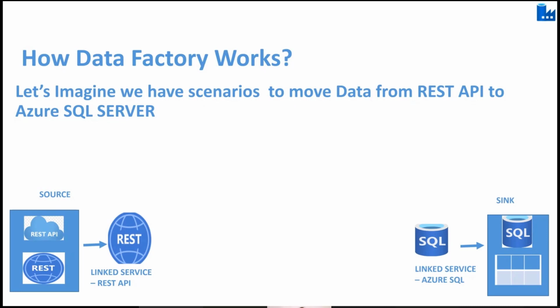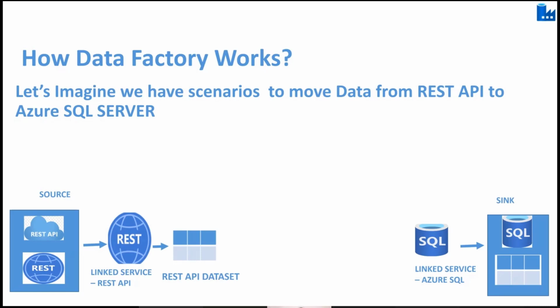So our source is a REST API. So we need the information of which REST API we are calling, and how we are calling it, using login information, or username or password, or whichever way we prefer. And on the sink side, we have a linked service for an Azure SQL Server. Here it will have information like which SQL database you are using and how you are using login information as well. So these are the two linked services which have the correct connection information for your source and sink. So let's move on.